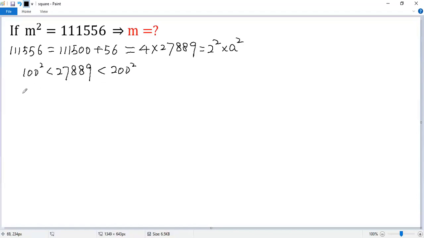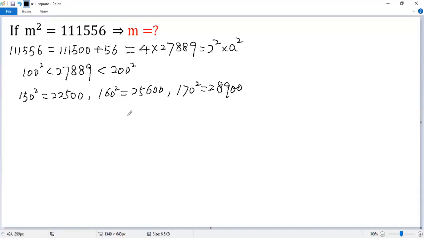Let's calculate 150 squared. We know 15 squared equals 225. So 150 squared equals 22,500. Similarly, 160 squared equals 25,600 and 170 squared equals 28,900. So you see,